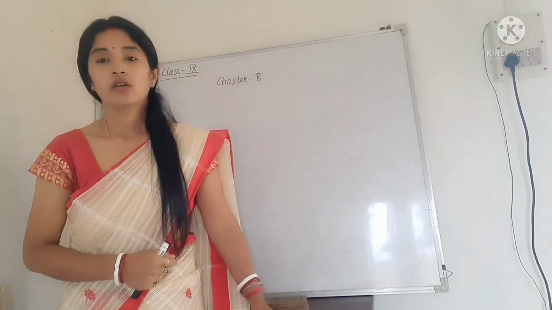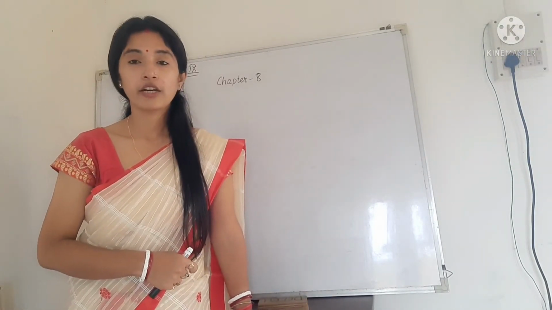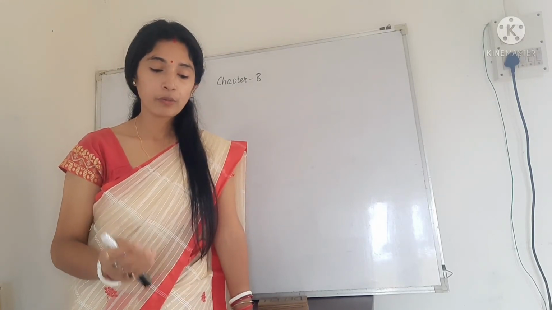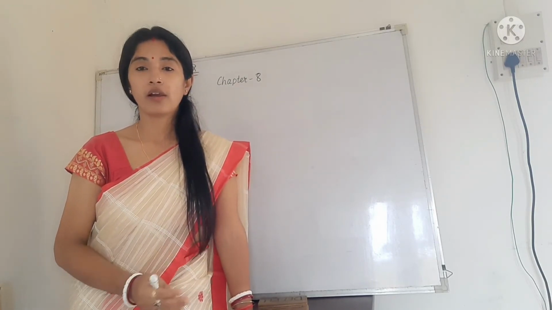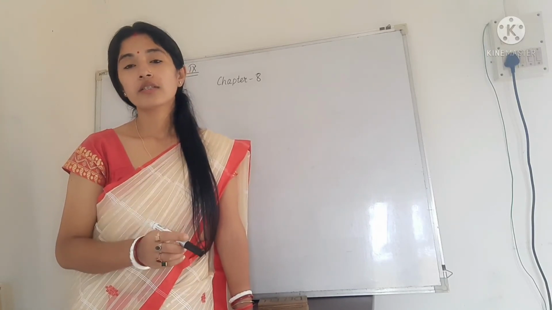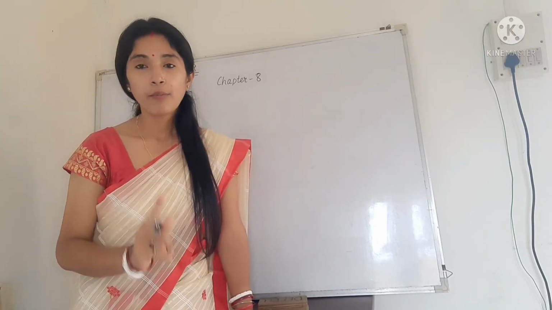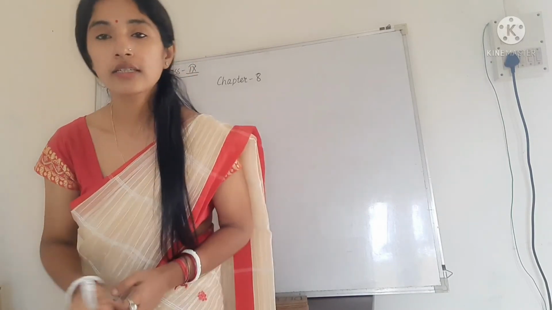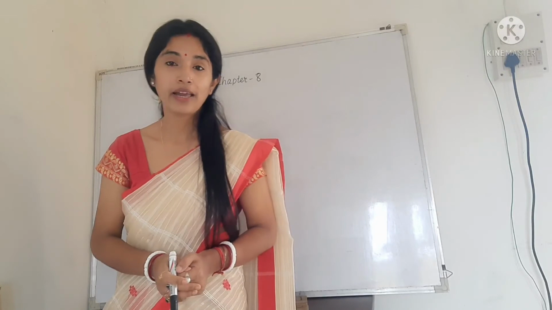then you can say that the quadrilateral is a parallelogram. Okay. So the last theorem is theorem 8.8. A quadrilateral is a parallelogram if a pair of opposite sides is equal and parallel. So if a quadrilateral is given to you, and it is given that only one pair of opposite sides are equal and parallel, then you can say that the quadrilateral is a parallelogram. Okay, so this is the last theorem.